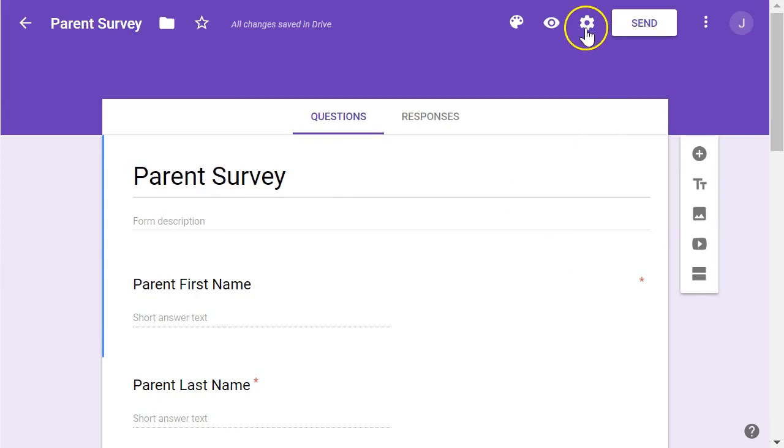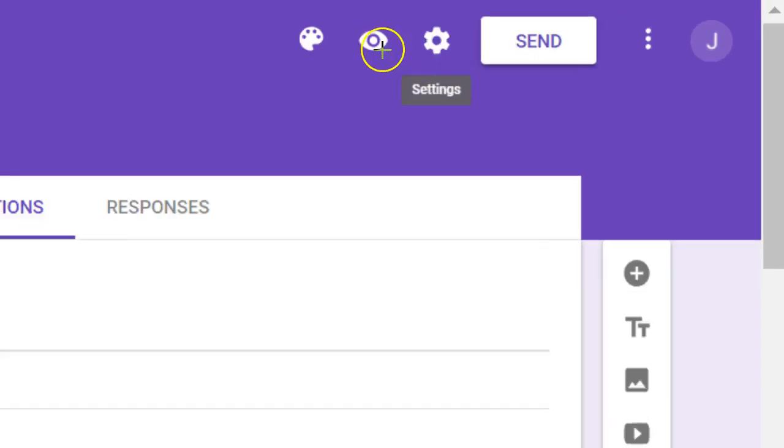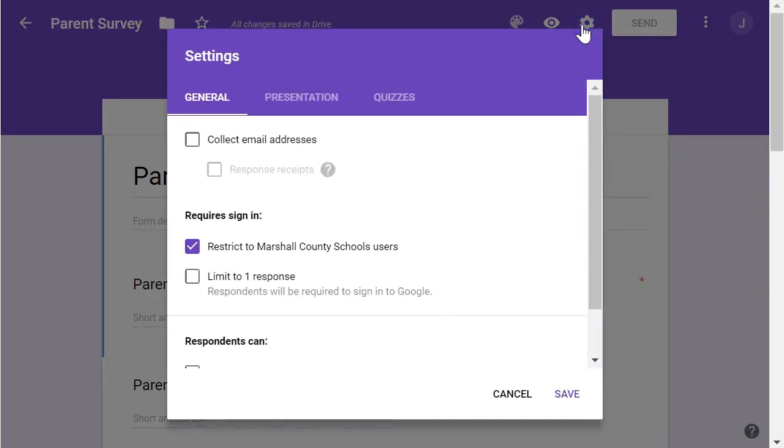What you're looking for is up here at the top right. You want to look for this gear. That gear is going to be your settings option. Click that gear, and what I will say is by default this setting is turned on, restrict to Marshall County users,